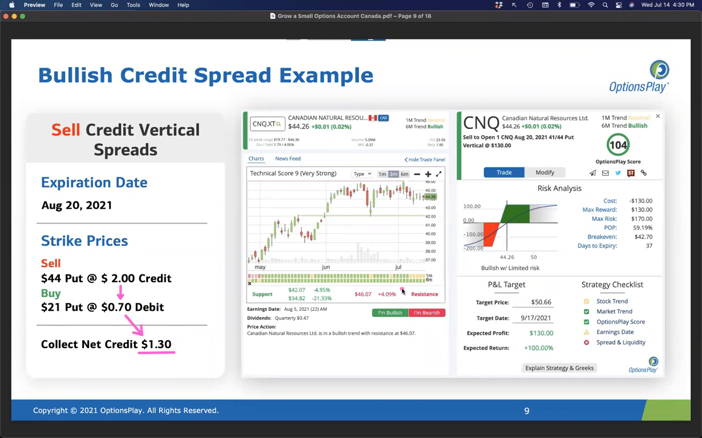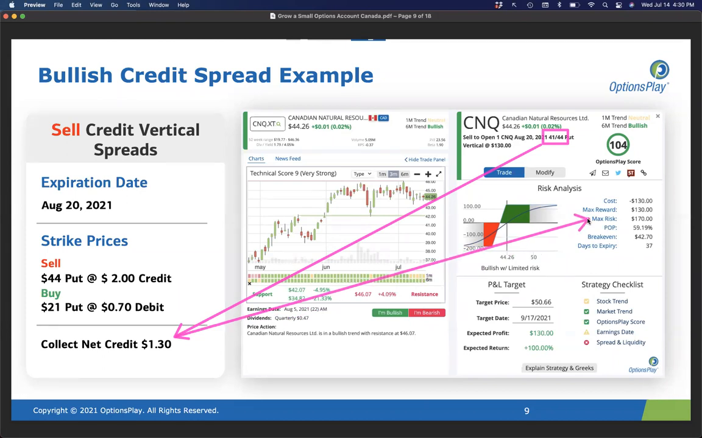Now, how you look at a credit spread is important, because you really have to think of it as a trade where you're playing with the distance between the two strikes. So the distance between these two strikes, between 41 and 44, is $3. Now, when I collect $1.30 out of the $3 of the vertical spread, the rest of the vertical spread, which comes out to be $1.70,